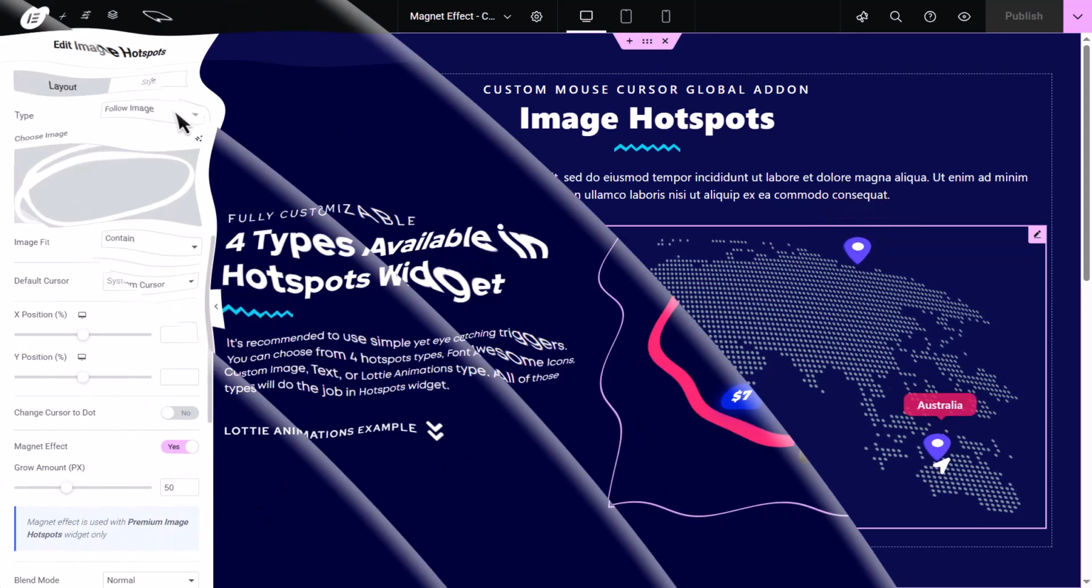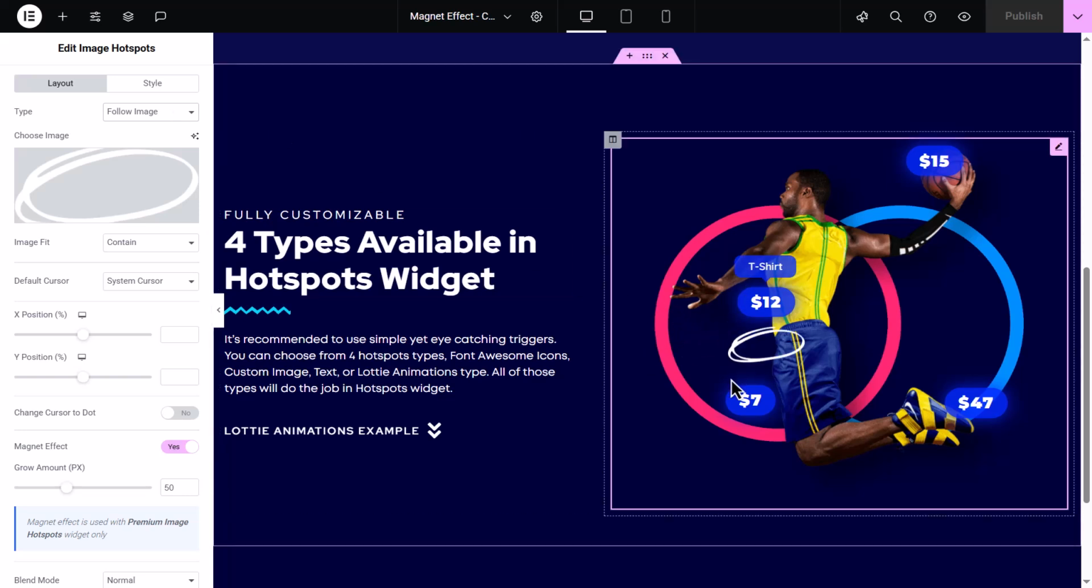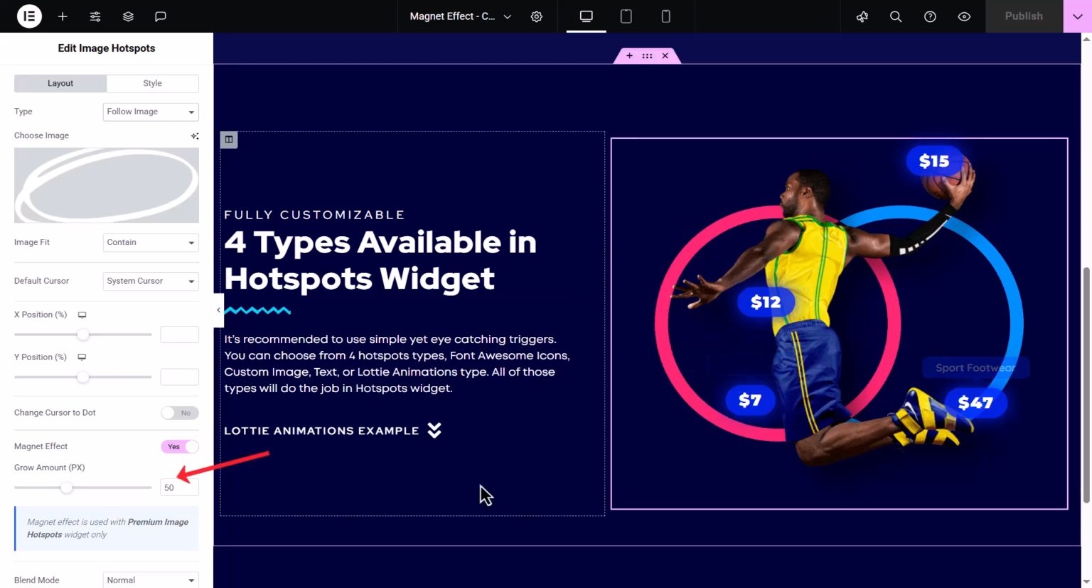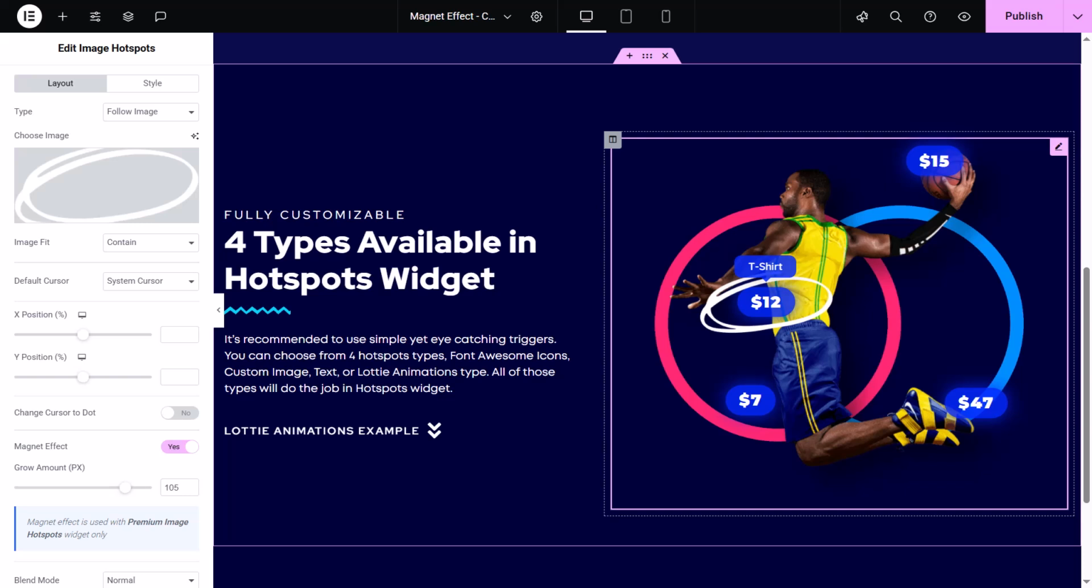And if the cursor type is set to image or follow image, it can also grow in size. That's where grow amount setting comes in. It controls how much the cursor expands when it gets close to a hotspot. A lower value keeps the effect subtle, while a higher value makes the cursor noticeably larger, really drawing attention to